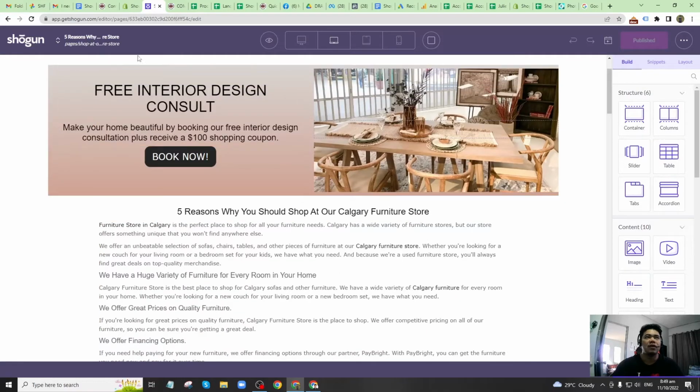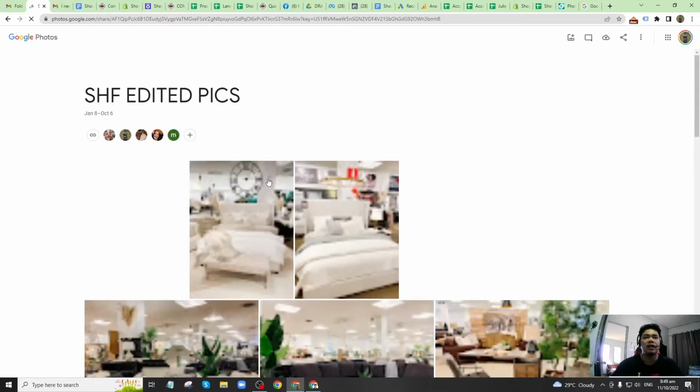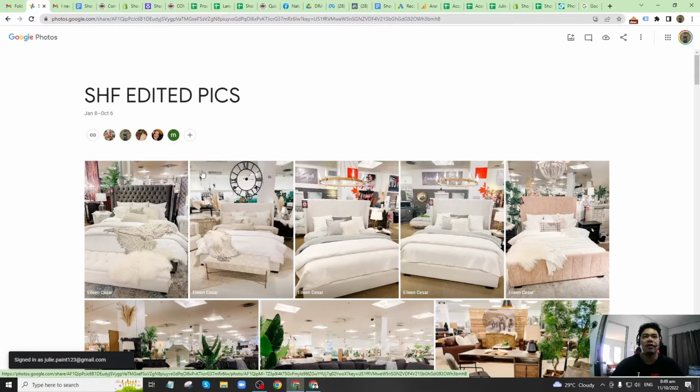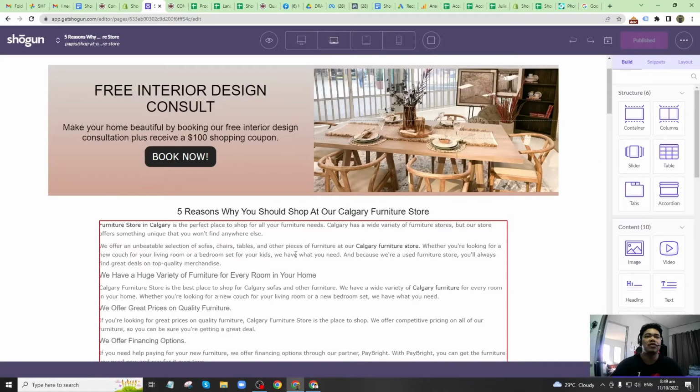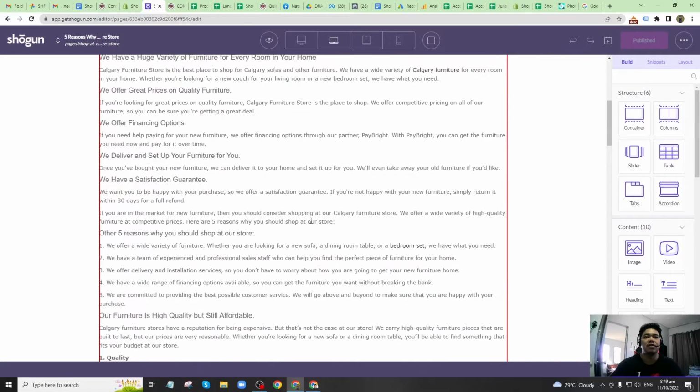Okay, so what you can do is go to the shared photos that I sent last week. These are the shared files, for example this one. You will need to download the images that are related to this post. We will need to put at least 10 images,